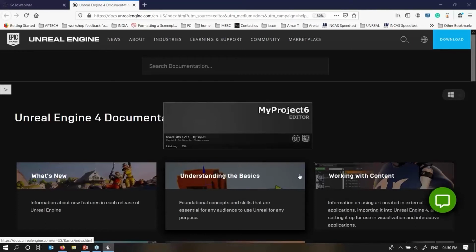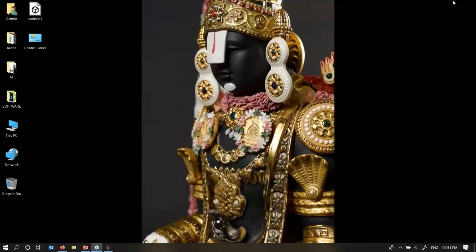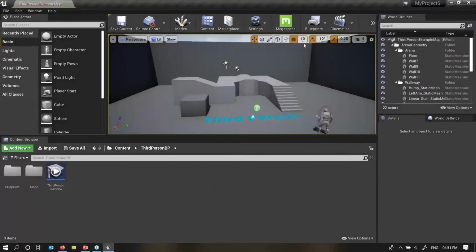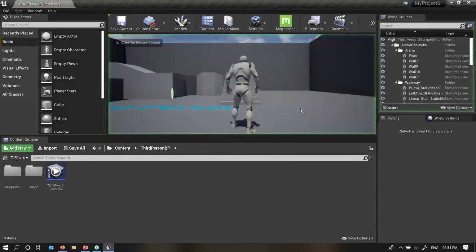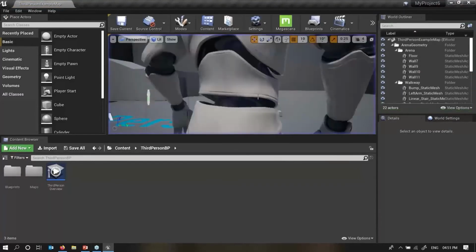Now what I require: I'll create a light in my scene. Now I want to add a blueprint for that, so that if I press E, or any key on my keyboard, I can turn that light on and off in my scene. If I just start and play and check that, yes, this is playing wonderfully.